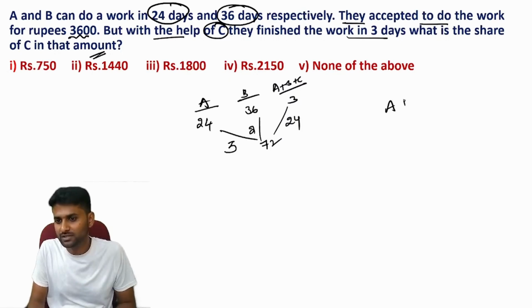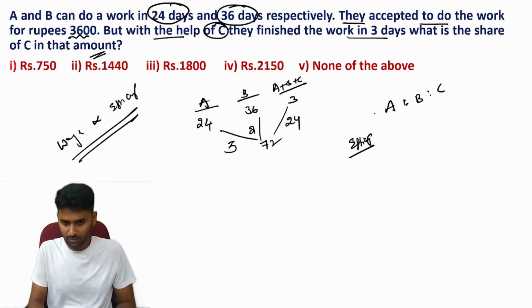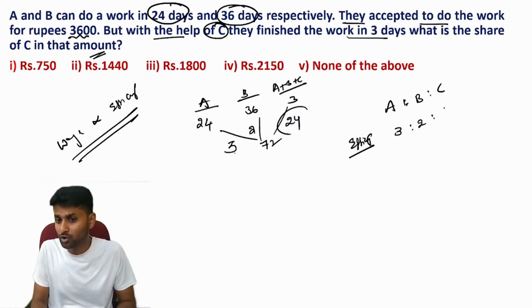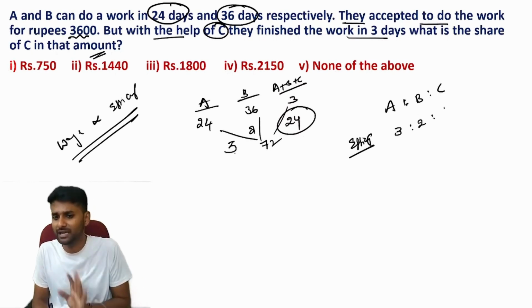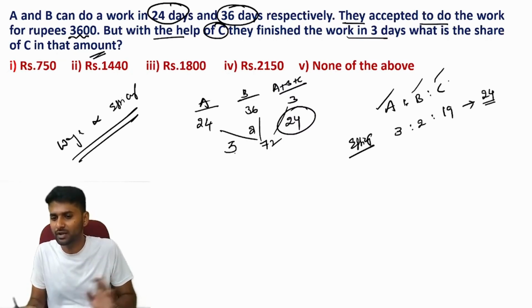Let's go through that. What is the ratio of A is to B is to C? We are talking about efficiency. Why? Because wages is directly proportional to the efficiency rate. Here the efficiency ratio is 3 is to 2 is to C. 3 plus 2 is equal to 5. Out of 24, 5 units done by AB. And what about the C efficiency? 19 units. If total efficiency is 24 units,